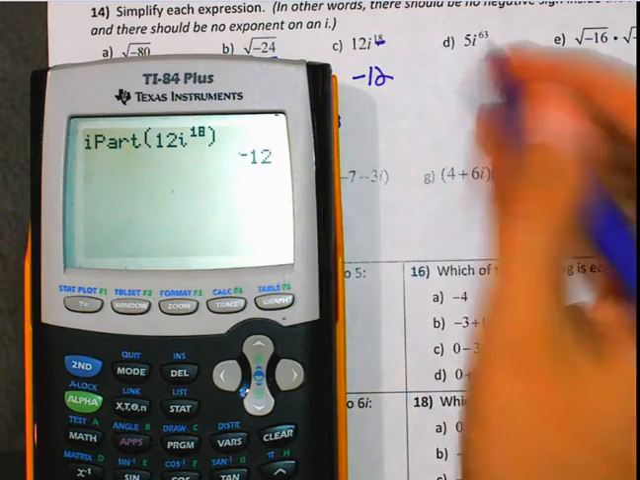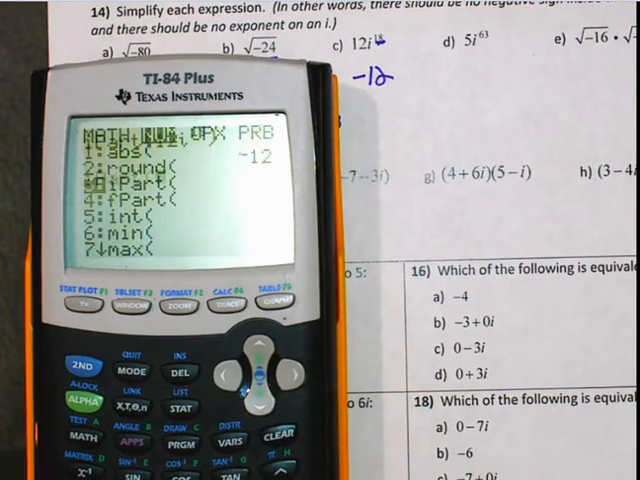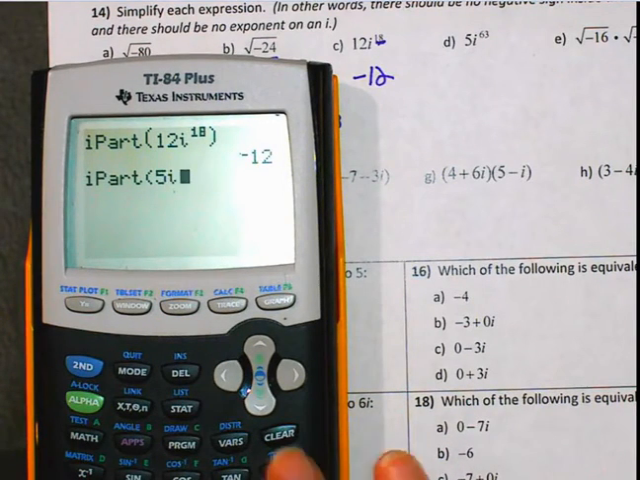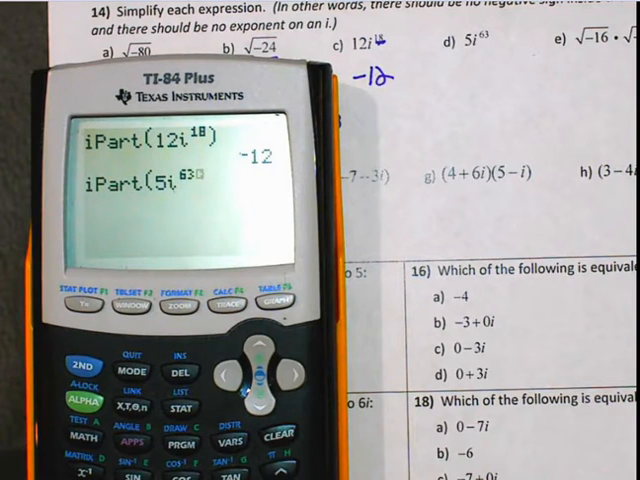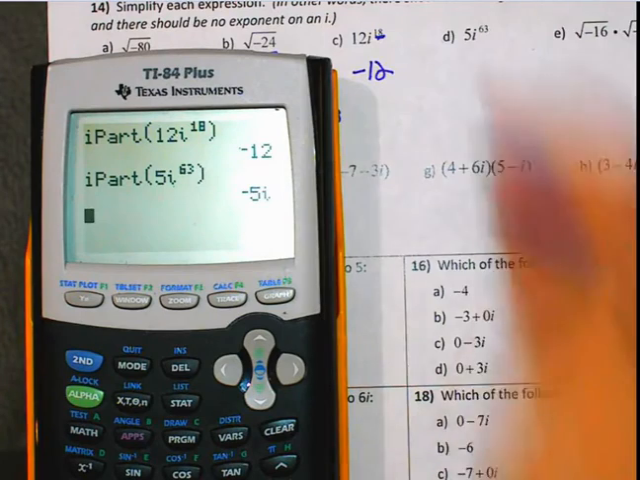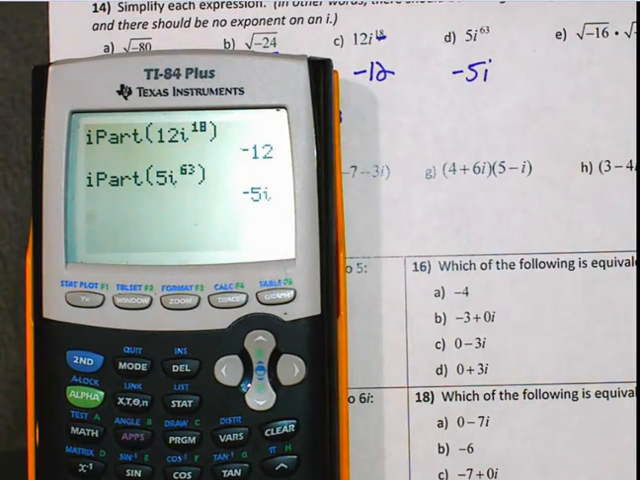Okay, then we have the next one, same thing: Math, Num, iPart, 5I to the power of 63, close parentheses, so negative 5I. And then the last one,